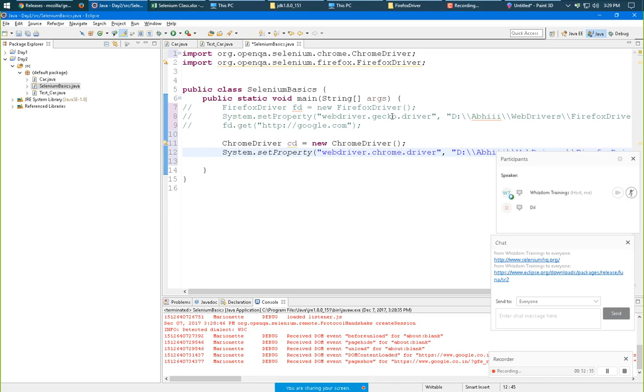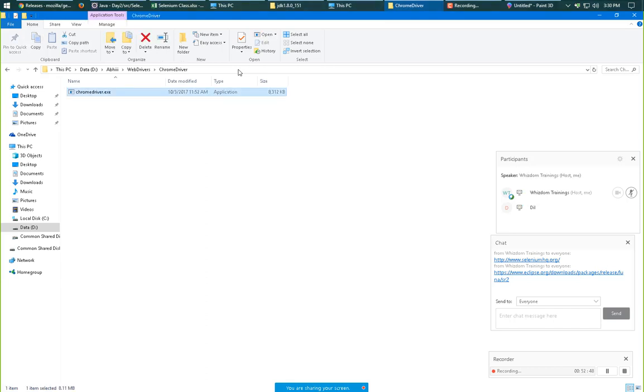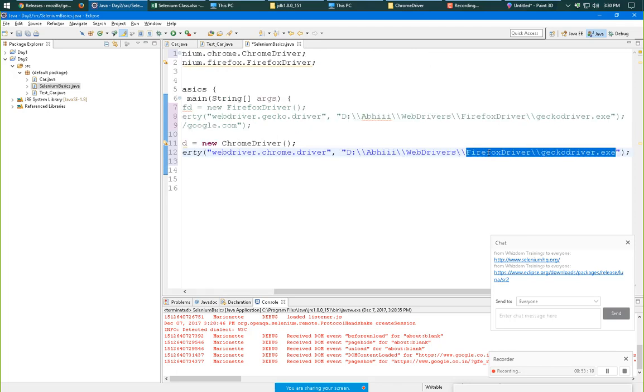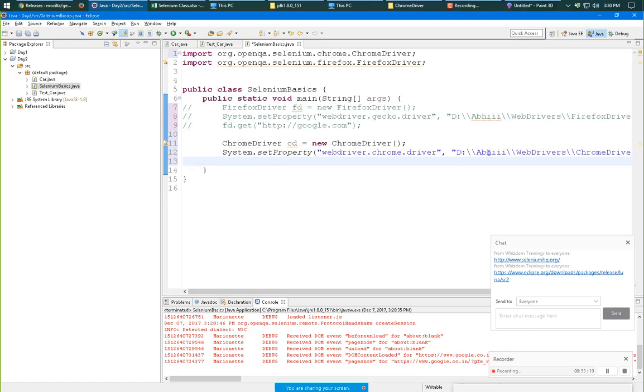We will be providing the path like webdriver.chrome.driver, and see, this is the place where my Chrome driver is stored. Almost the path is the same.